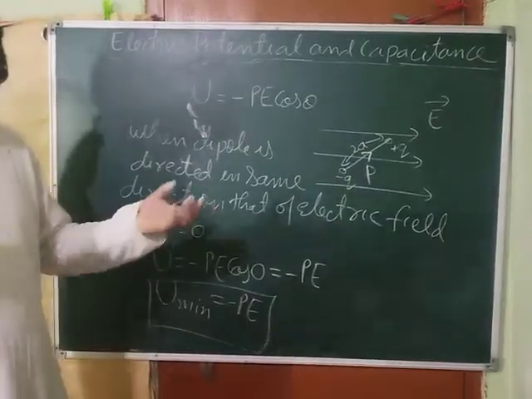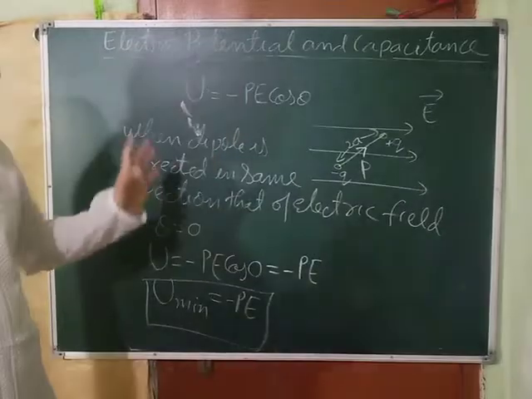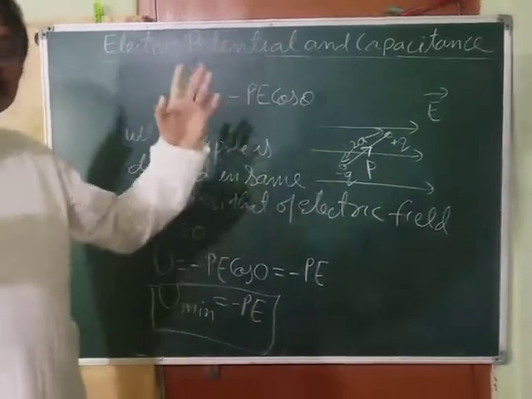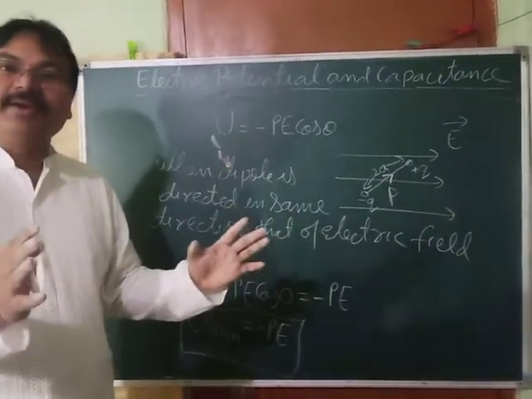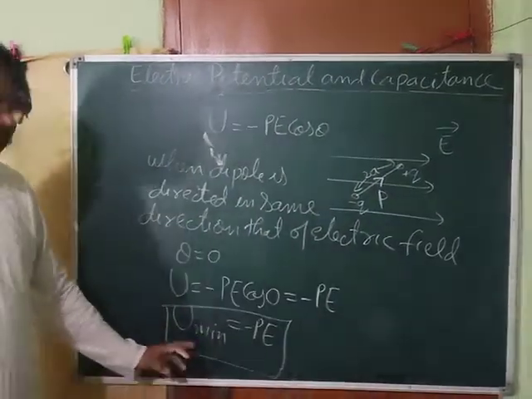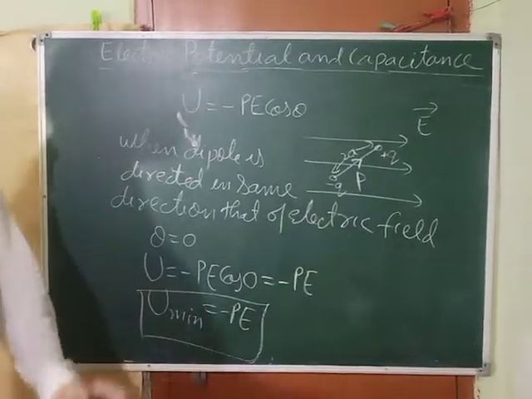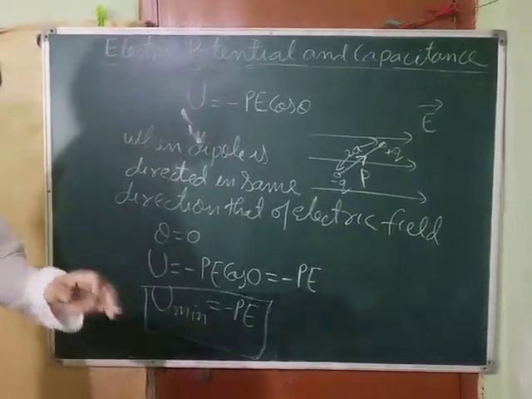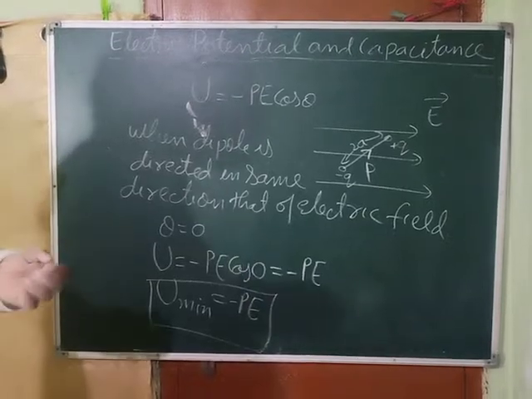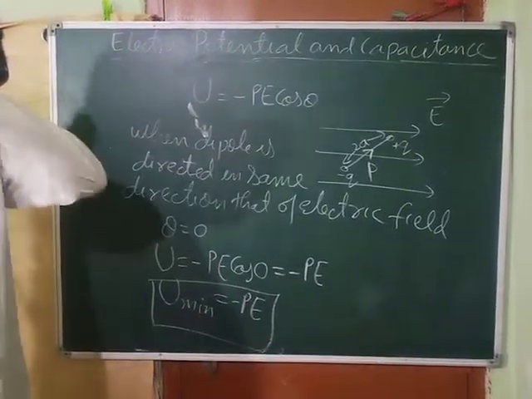The same thing happens with human beings also. When they are very energetic, they will not sit in one place. They will keep on roaming, running here and there. But once they are exhausted, tired, they will be stable at one place. The same thing is with this also. When the energy is minimum, this is the case of permanent equilibrium. This is the case of stability, that is permanent equilibrium.